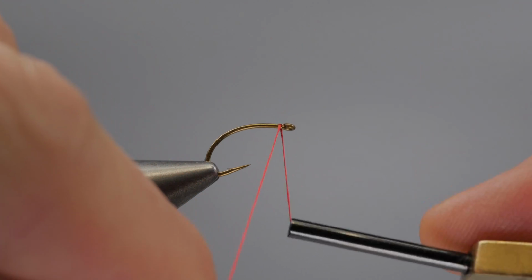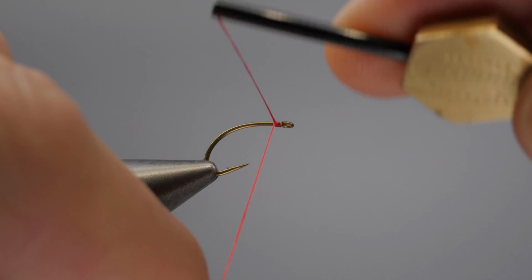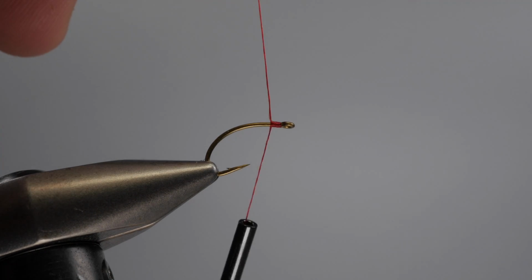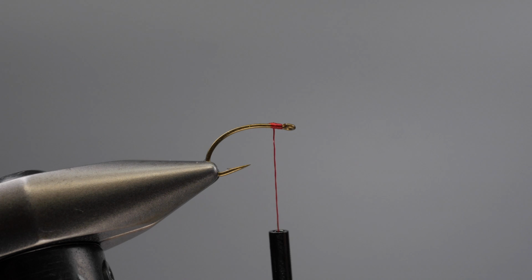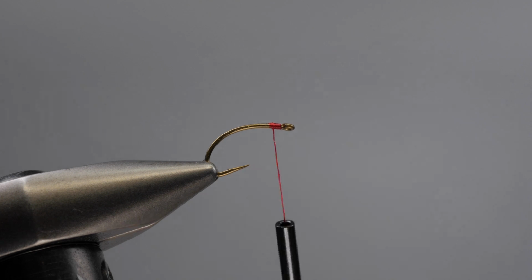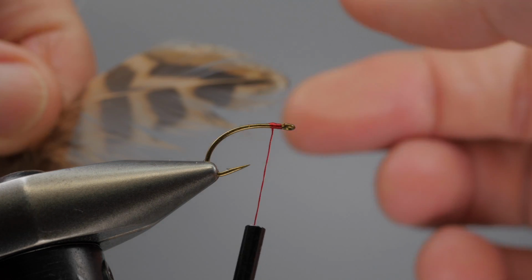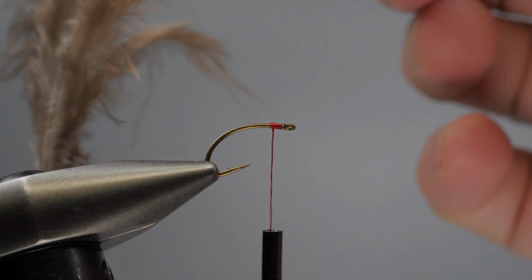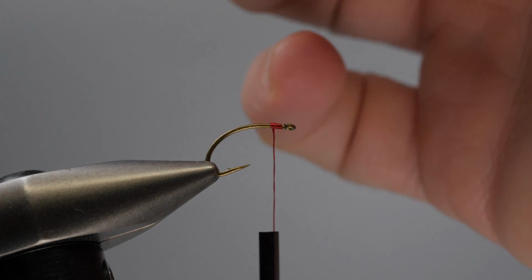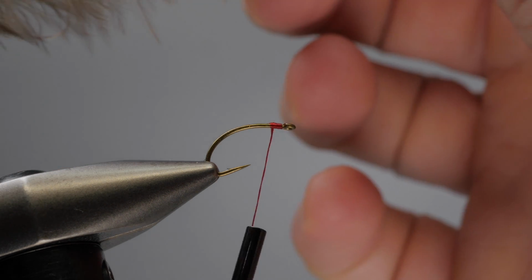We start with our jam knot at the eye of the hook. You don't have to worry about crowding the eye on this pattern. I'm going to get hen pheasant fiber, and I'm going to strip away all the marabou fluff